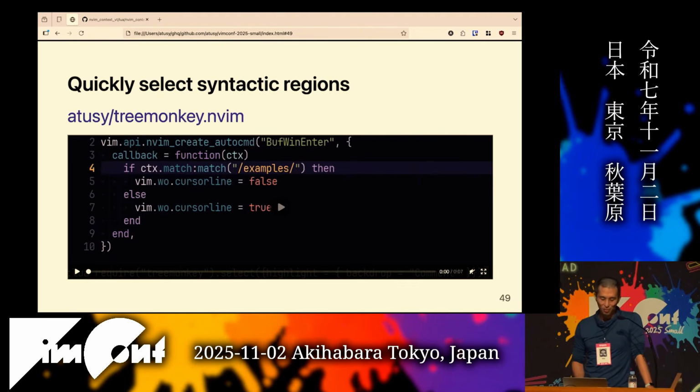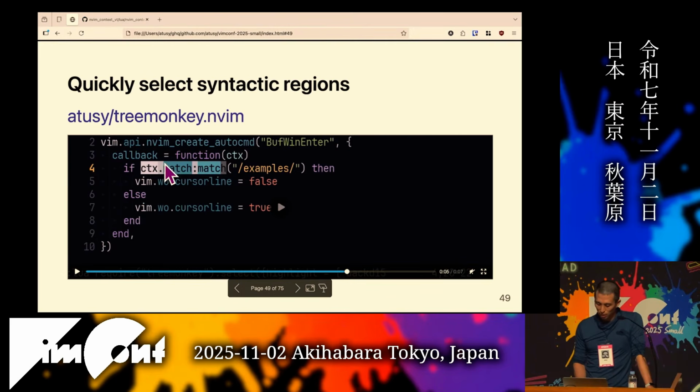Okay, now it's my turn. Let me introduce my plugins. TreeMonkey for Vim enables quickly selecting syntactic regions. It's often the case we want to select some specific region, like here. We don't select just ctx.m, but we often select ctx.match, the whole meaningful region. To do it quickly, this plugin